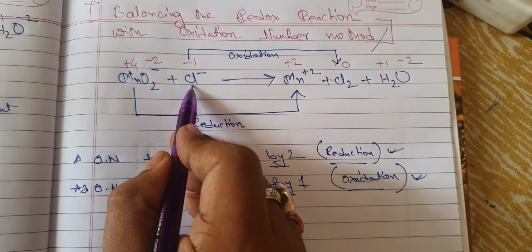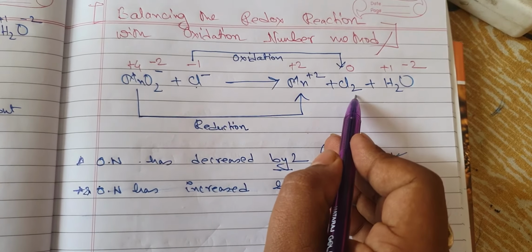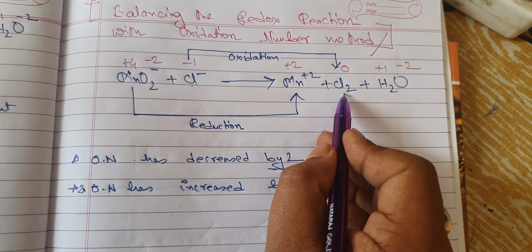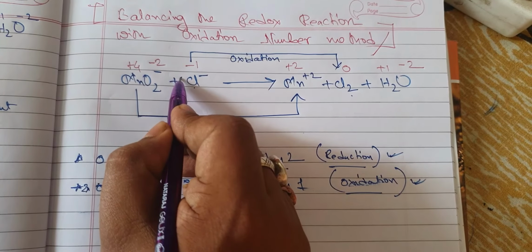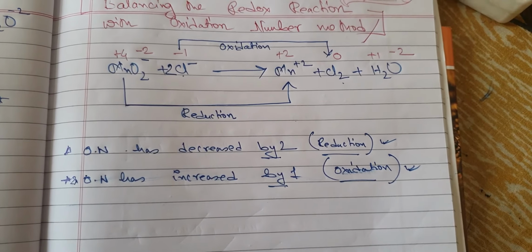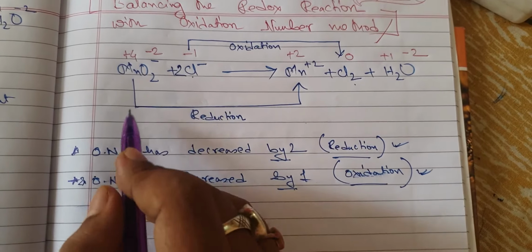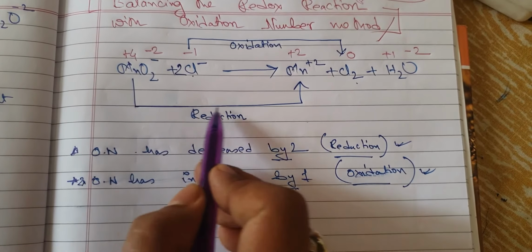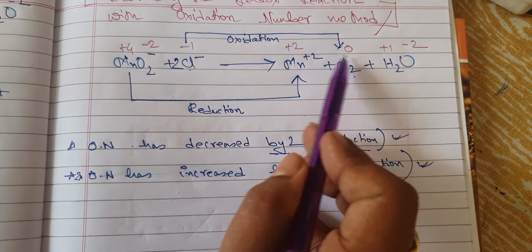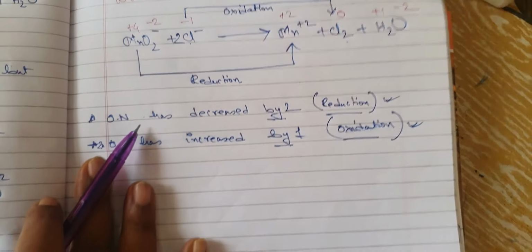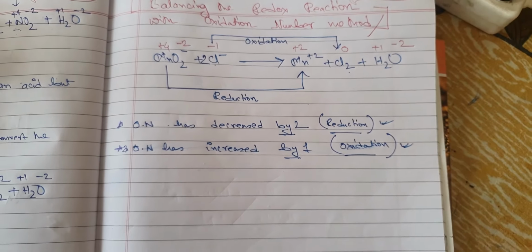So where is the increase? Cl minus to Cl2. Two Cls are already there, so just multiply the reactant side with 2. Okay, so now it is equalized. Oxidation number is decreased by 2, and oxidation number is also increased by, totally increased by 2. Now in this next step,